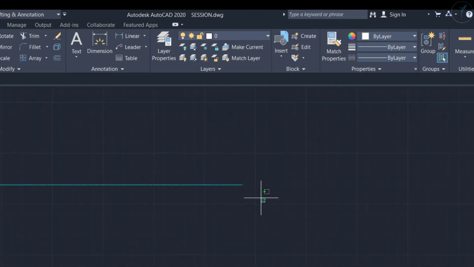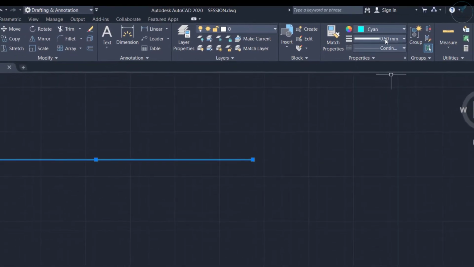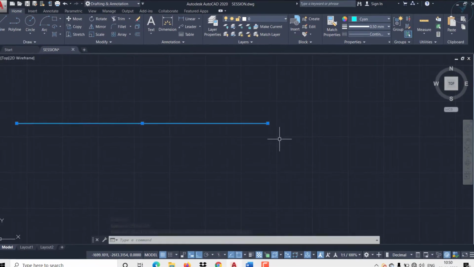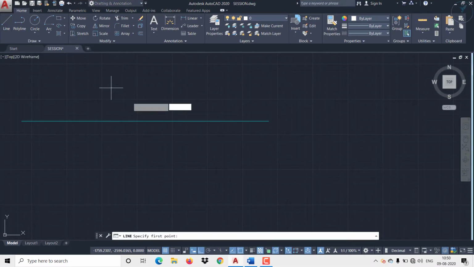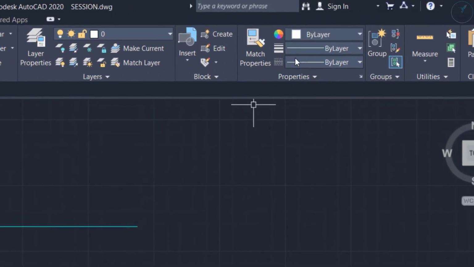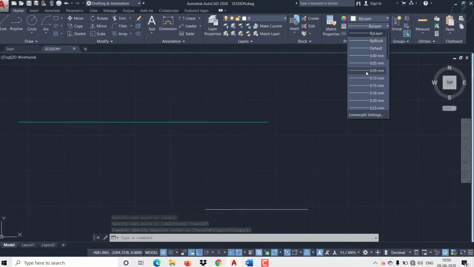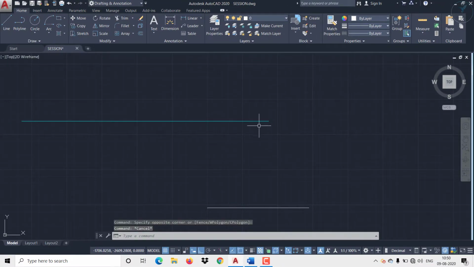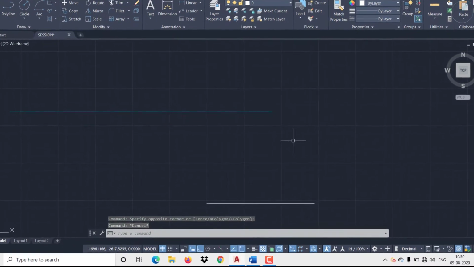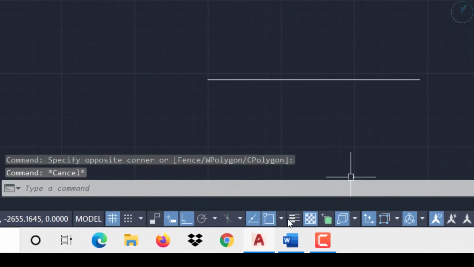But if you see, I've given 0.5 as the line weight, but if I create another line, this one is having default. Suppose I'm giving 0.09, but there is no change in the line weight. If you want to see the changes in line weight, you have to activate the option over here.